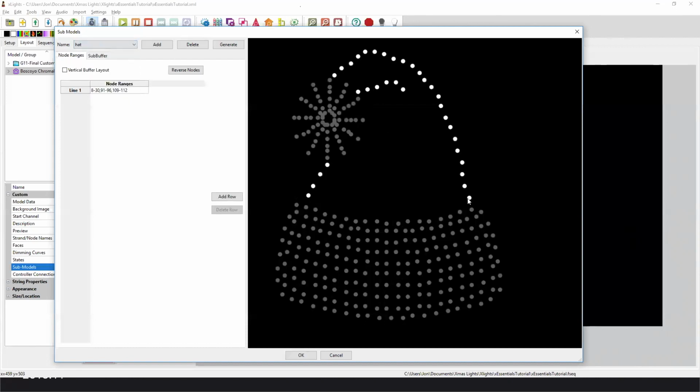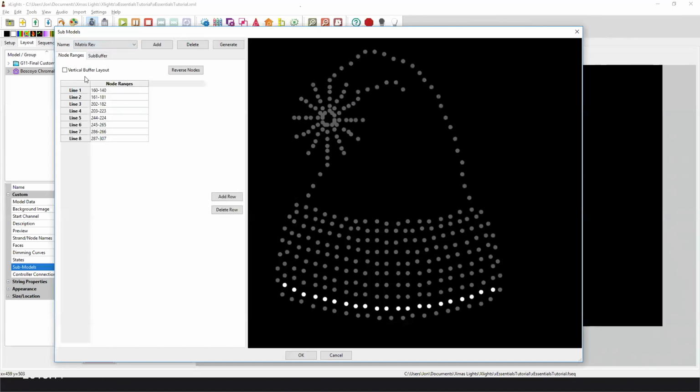The hat, that's pretty good because that comes along here, but we are doubling back here. This is 96, 91, 95. Personally, I like keeping those in order so I know what I'm doing, and I could have an effect that comes up here, wraps around here, then comes down to these few. You can break it up into even more if you want to. That's up to you, but I'm just trying to show you how you could use this model to make it even more effective for your